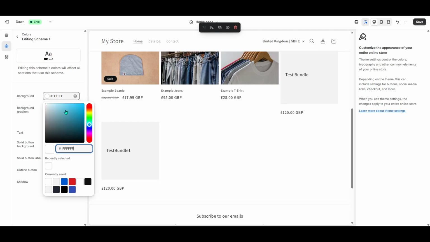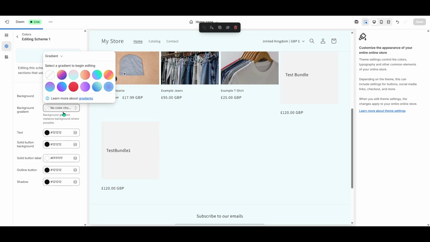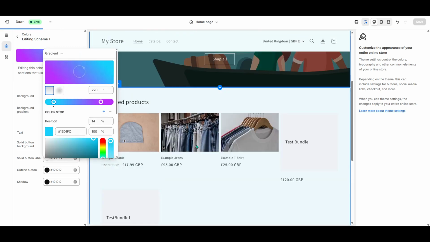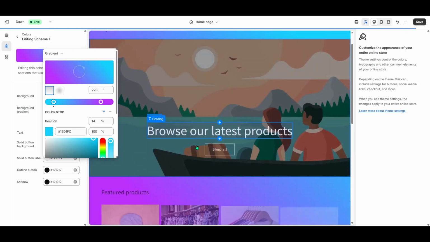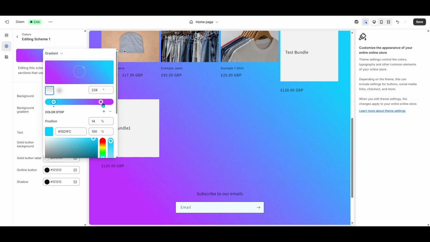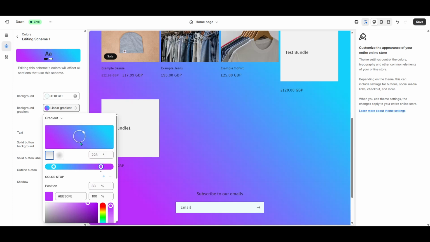The editor will immediately reflect this change, showing you how it looks in real time. It's a fantastic way to visualize the impact different colors might have, so you can make the best decision for your store's appearance. And that's essentially it. Your Shopify store now has a fresh look thanks to your updated background color. You should see the change take effect on your website instantly.